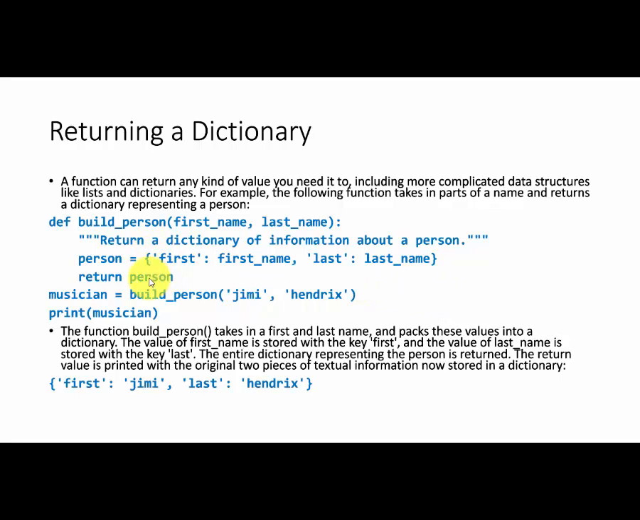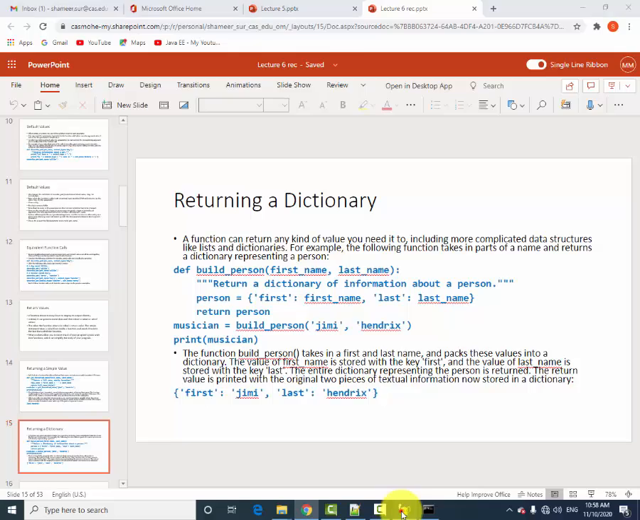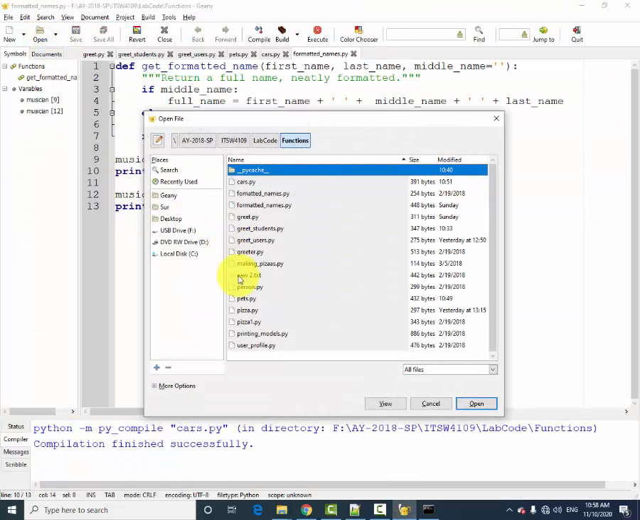Inside these curly braces you are saying that first is the key and the value you are storing is this one, last is the key and the value you are going to store is the last name. So this dictionary is stored in this person variable and you are returning that dictionary to the place of code where it was called, then it will be stored in this variable and displayed. So let us exercise this one. I have already done this one